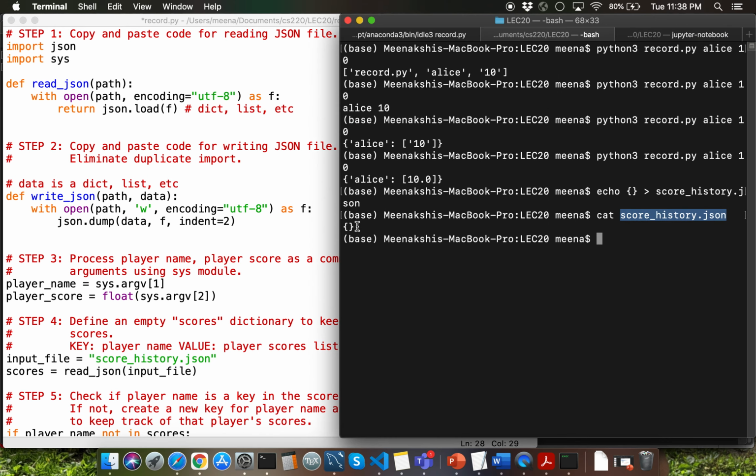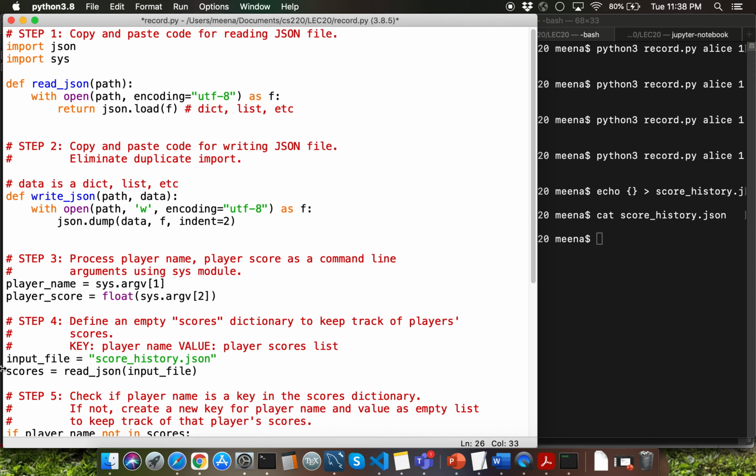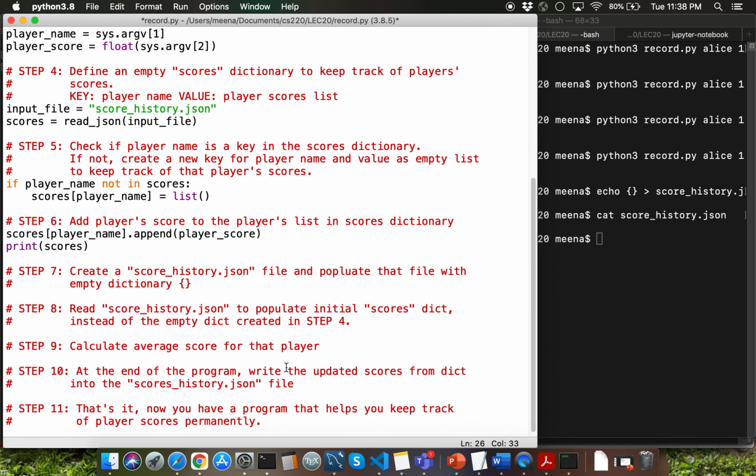Right now we have an empty dictionary, so that's what we'll get when we try to call the read underscore JSON function to read the contents of score underscore history.json. Going back to step 8, we have completed step 8. So let's move on to step 9. Step 9 says calculate average score for that player. We have the player scores as a list.